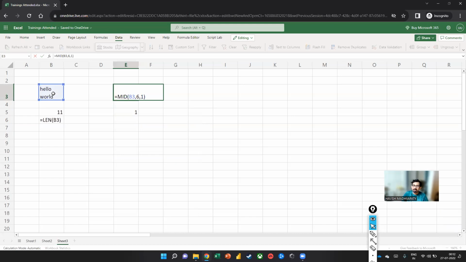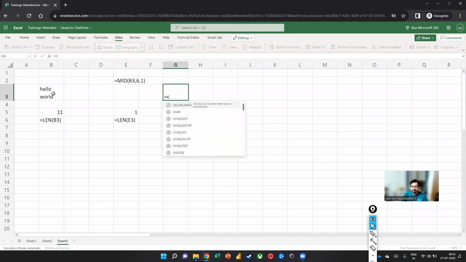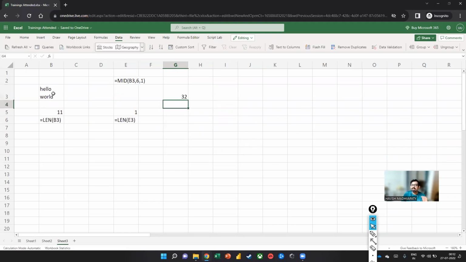How do you know what that value is? To do that, all you have to do is, please watch. Let me just write the formula here so you guys can follow. We will say equal to CODE of this invisible character, and it will tell you that the code is equal to 32. Now, what are these codes? If you look at